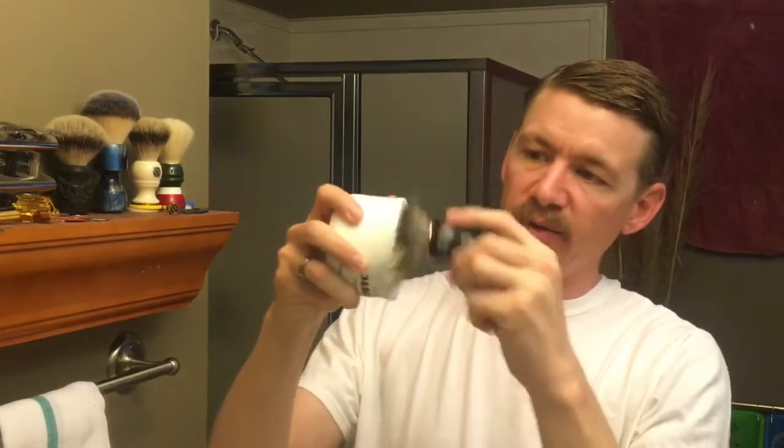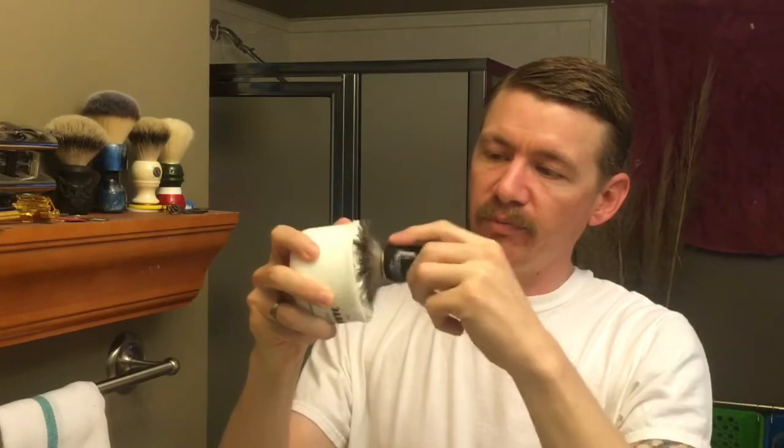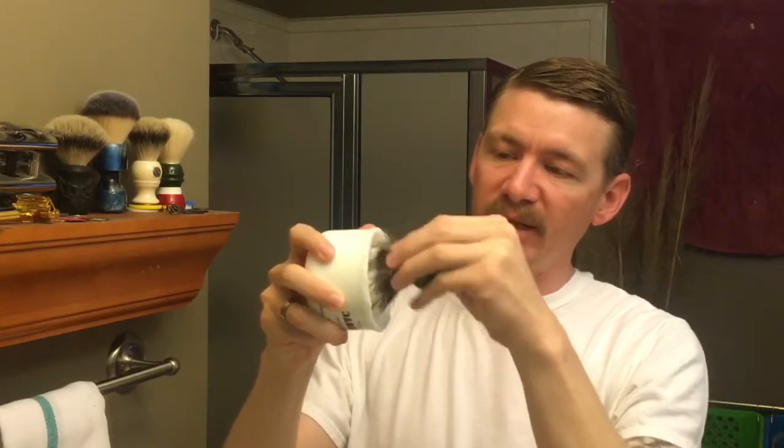Let me load the brush up with Tabac. Be right back with you. Alright, so I got it loading up. I wet the bristle just a little bit. It's got a little bit of backbone. I mean, I don't have to. Some brushes I hold this way, but